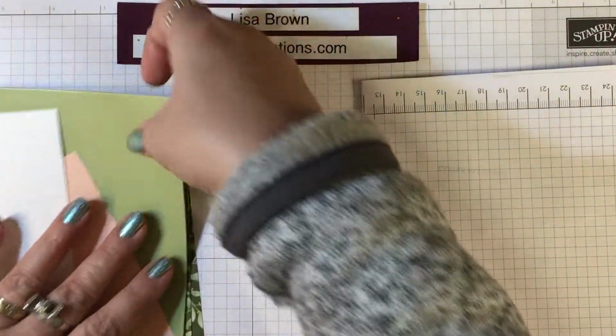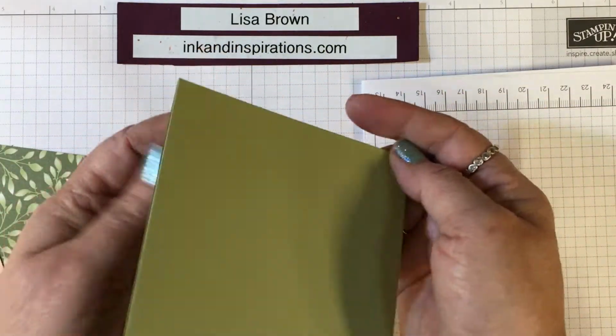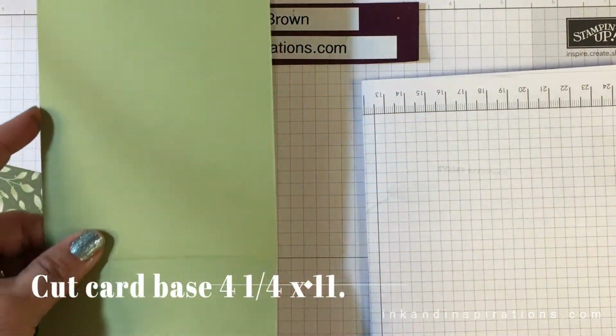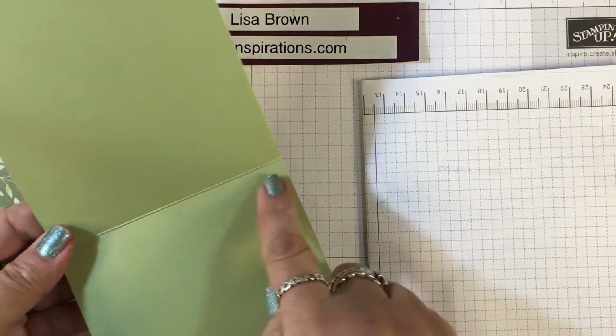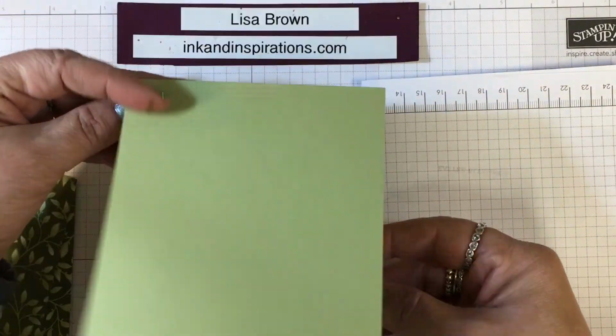All right, I have a piece of Pear Pizzazz cardstock and I cut it in half, a standard sheet of cardstock, 8.5 by 11. I cut it at 4 1/4 all the way down. All right, let me adjust my lighting a little bit. There we go. Then I scored it at 5 1/2, and so that's making a portrait style card that opens